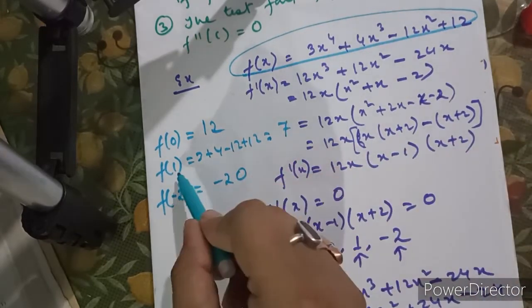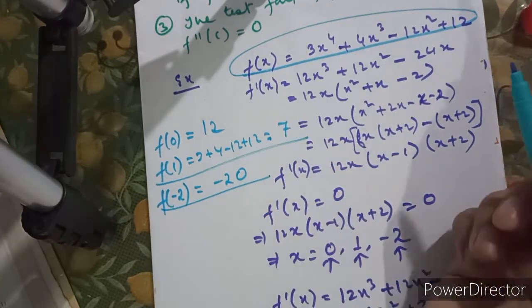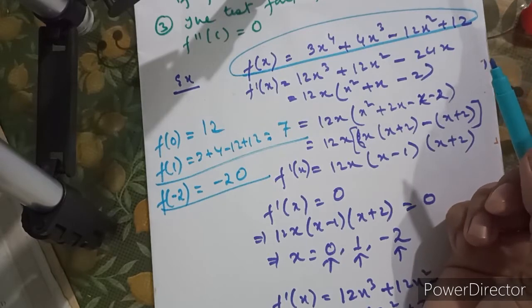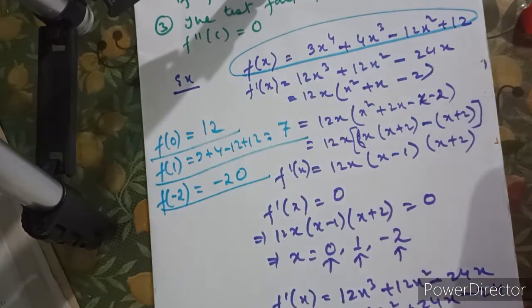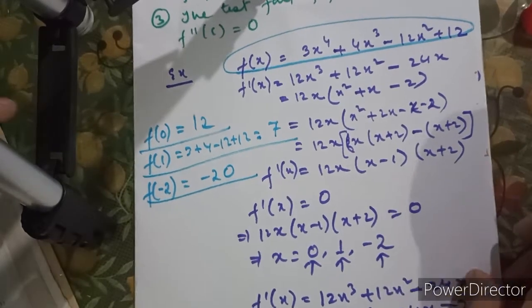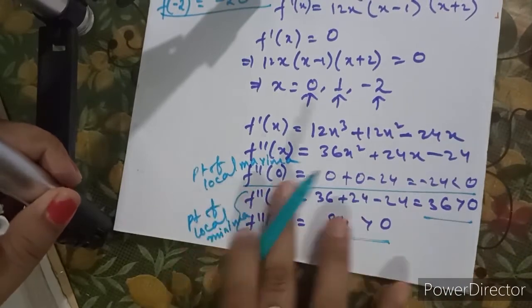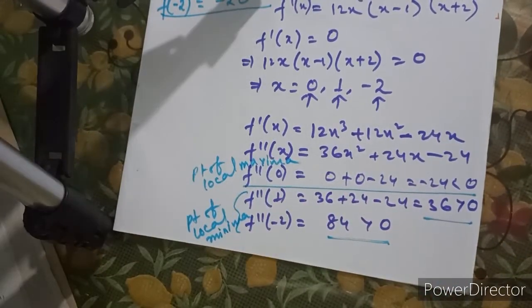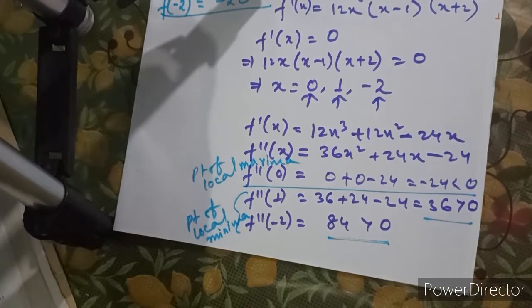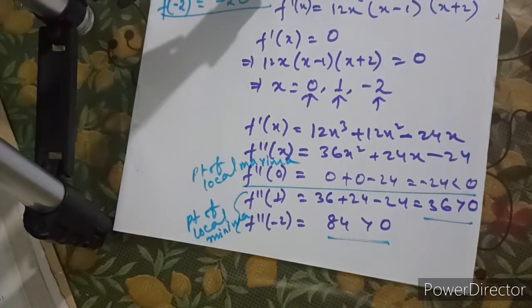That's why this point and this point are considered the points of local minima, and 12 is termed your local maxima. So by looking at the values alone you cannot comment. To comment on it, you have to go for the derivative test, then only you can justify your answer. I will take one more example to clear your doubts.